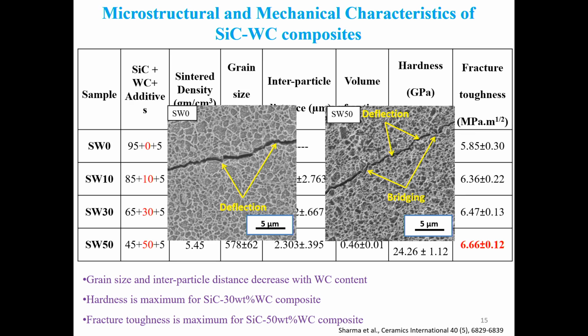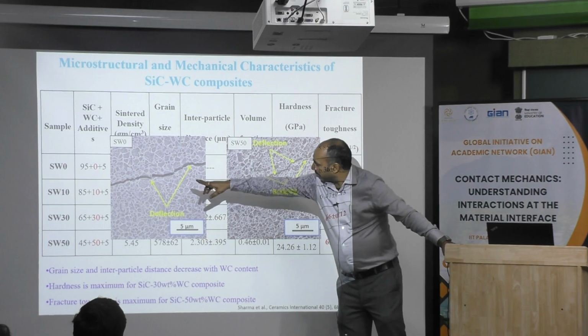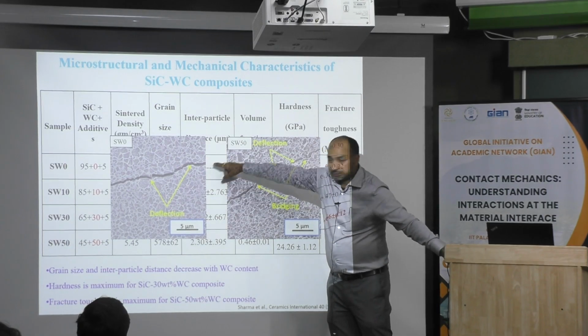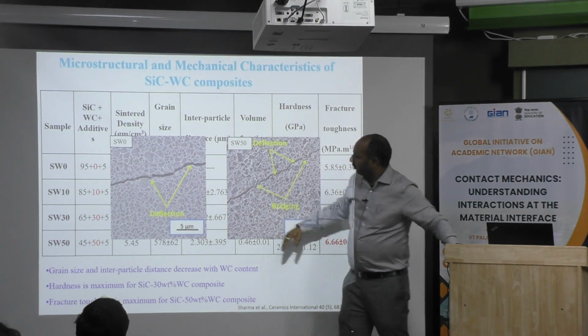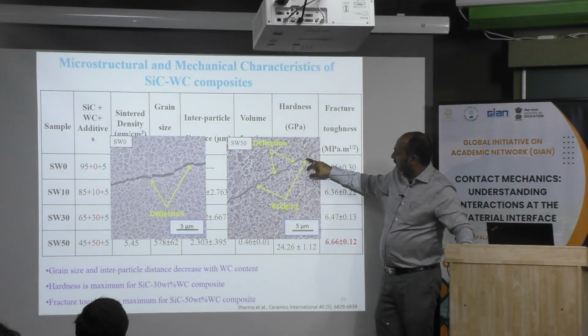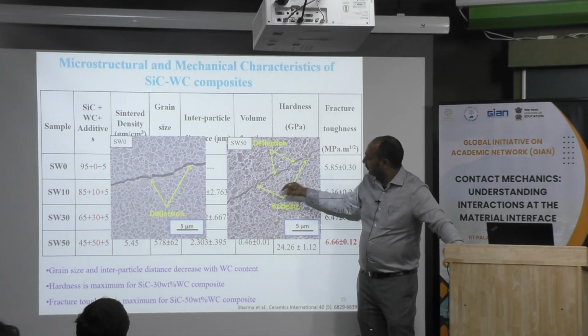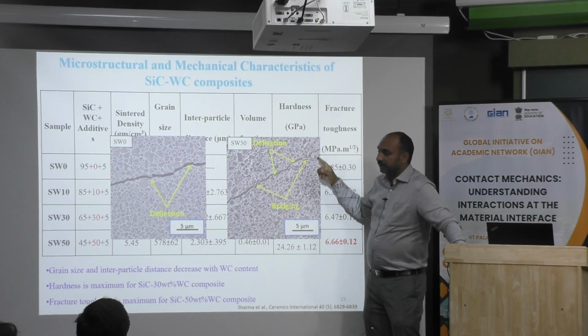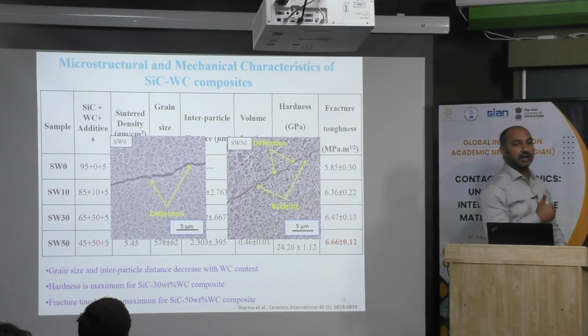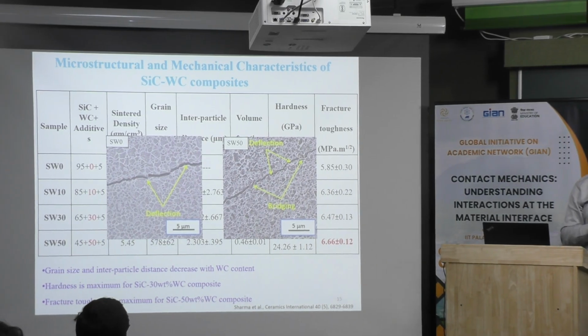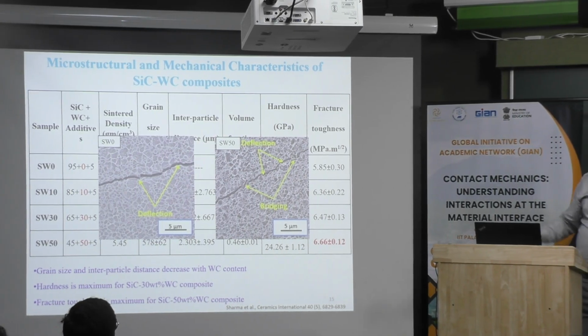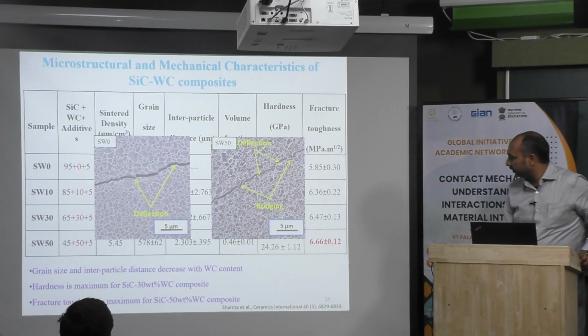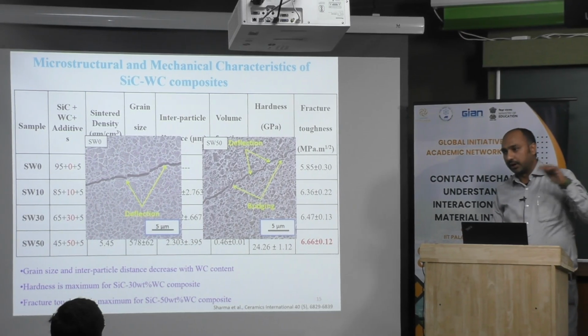So how fracture toughness is getting improved, the same mechanism I was explaining. You see, cracks are not for HW0, it is almost the same line you see. But as you incorporate these tungsten carbide particles, these cracks are getting bridged, they are getting deflected, and this crack deflection and crack bridging actually helps in improving the fracture toughness. That we'll see again once we are realizing the level of micro mechanism